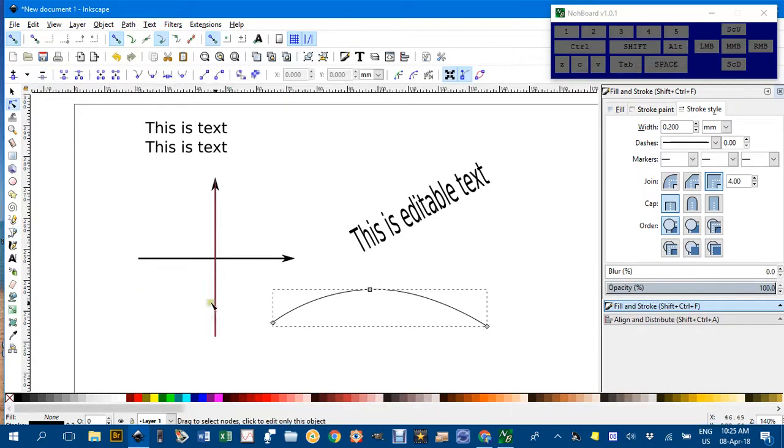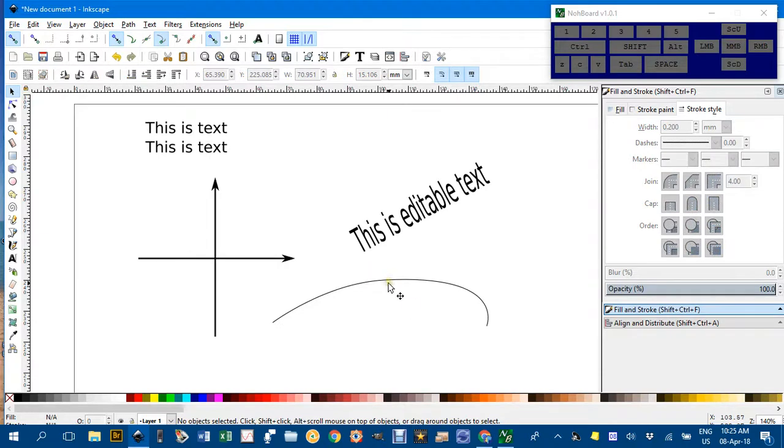If I press N for the node tool, you can see the nodes there, and I can drag that curve around, or I can drag the gradient handle to change the grade, how long the gradient persists for, or how rapidly it changes. That can be a bit fiddly, the node tool, but it's worth looking at, and it has some advantages which I'll show you in a minute. I'll delete that. In fact, one of the advantages is in editing